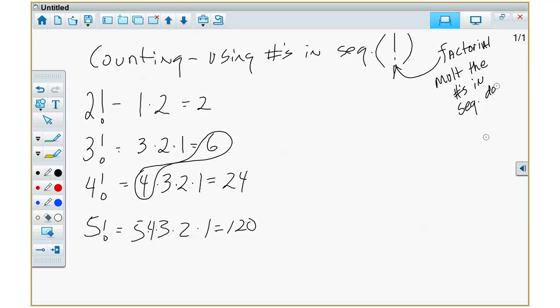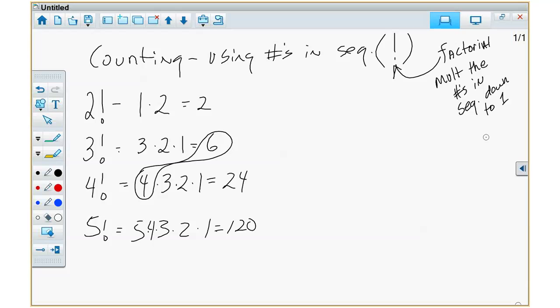down to 1. Why do I have to put down to 1? 0 would knock everything out. So 100 factorial will be 0. 200 factorial will be 0. Can't include 0 because 0 cancels everything out. So